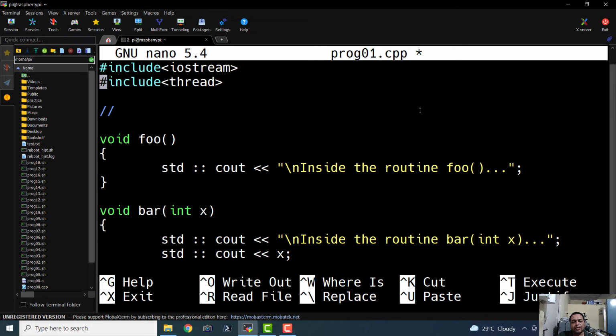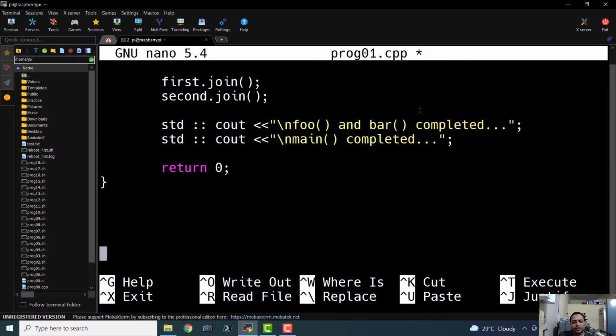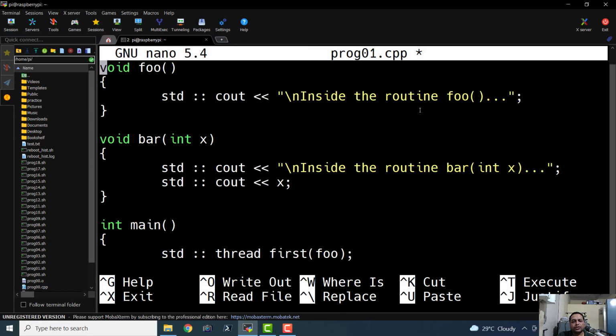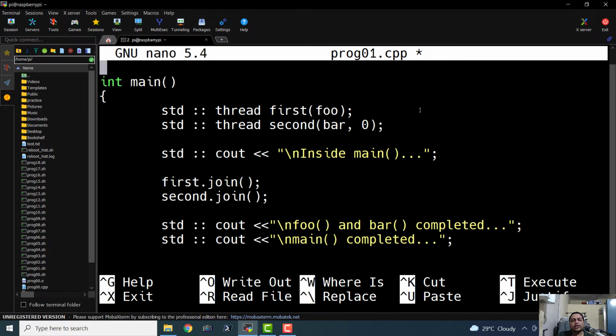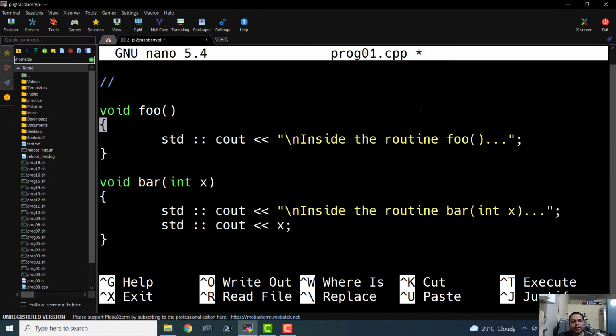So this is a very simple multi-threaded application that is going to create threads. So the first thread is going to execute the instructions mentioned in this function foo, and the second thread is going to execute the instructions mentioned in the function bar. And implicitly there will be one main thread in which these two threads will be running. So after execution, we are just joining both the threads and printing the messages. And we are not actually doing much in the functions except printing the messages.